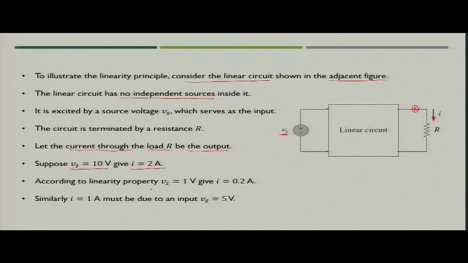So, suppose you are asked to find out the value of current I when voltage Vs is 1 volt, and you know that this is a linear circuit, without doing the experiment you can straight away say that current flowing through that resistor would be 0.2 ampere when voltage source of 1 volt is applied across the input terminals. Similarly, if you want to get current as 1 ampere through the resistor, what would be the value of the voltage input? The voltage input value would be 5 volt, because this is a linear circuit and it will follow